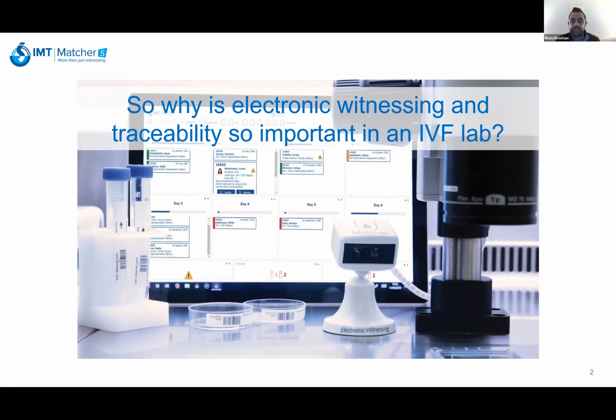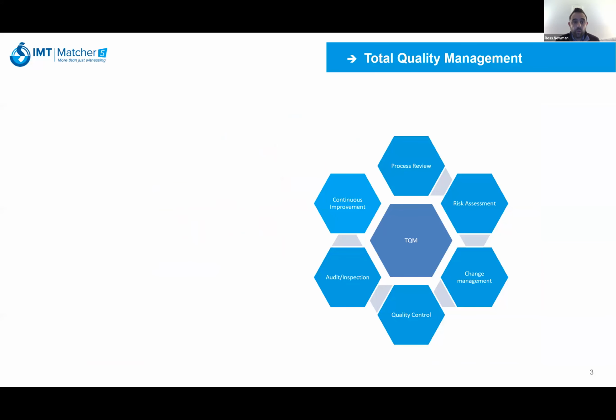Well, we think that any electronic witnessing system and traceability system should fit into and complement a laboratory's broader total quality management approach. Okay, and what do we mean by total quality management? Well, total quality management is a broader philosophy rather than just a simple management procedure. It must be seen as the process of improvement beyond the status quo, that extends into an all-encompassing program of developing and fostering the desire for change and improvement throughout an entire organization or a clinic or a